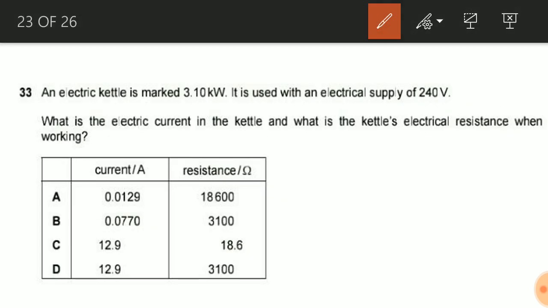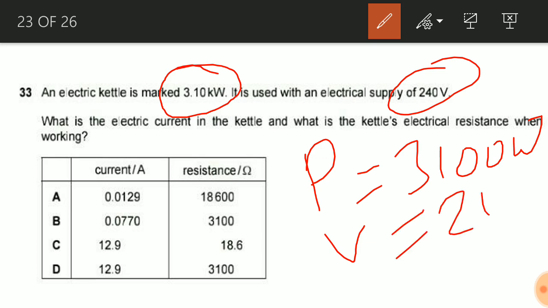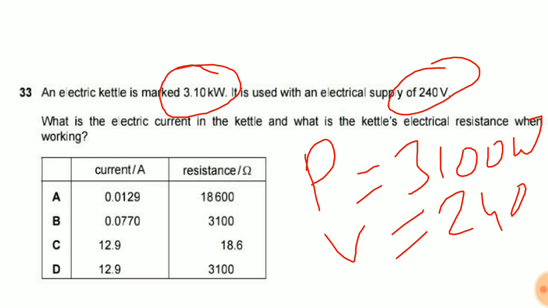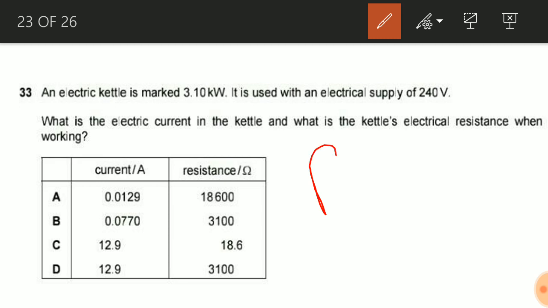In this question, the power of the electric kettle is 3.10 kilowatt and the supply is 240 volt. It means power is equal to 3100 watt. I have converted kilo into watt, and V is equal to 240. Now we need to find current, and our famous relation to find the current in this case is P is equal to I into V. P is also given, V is also given. So we'll get